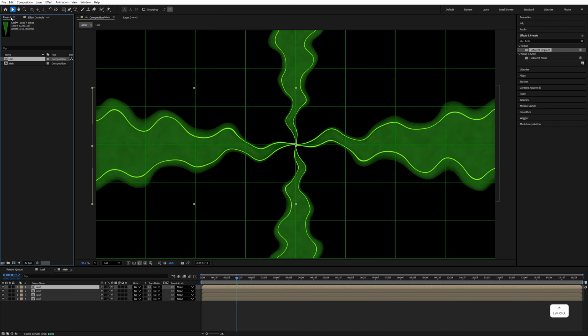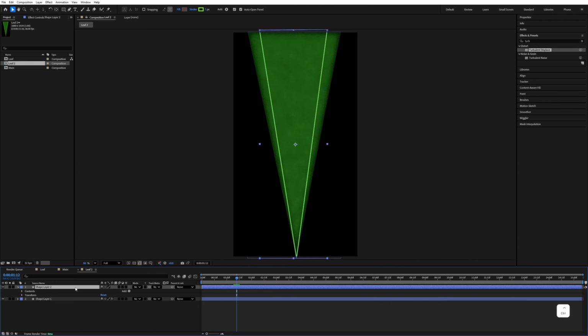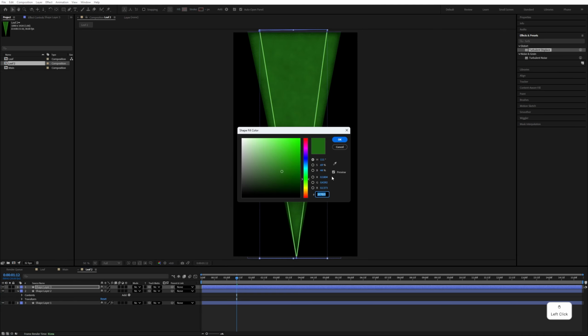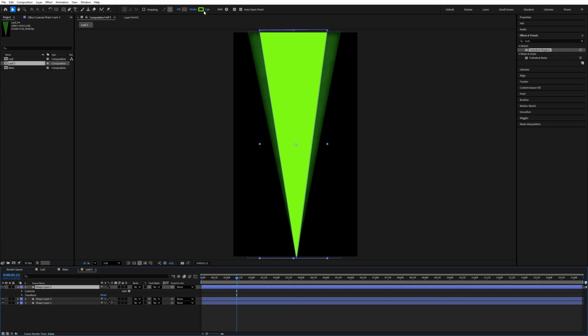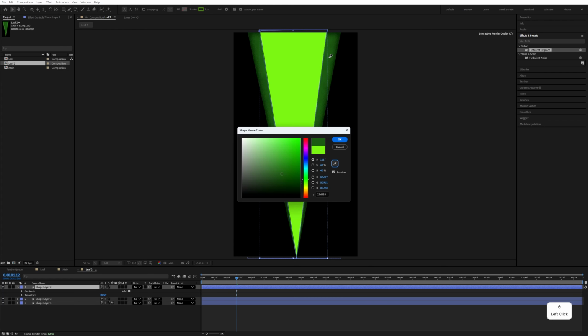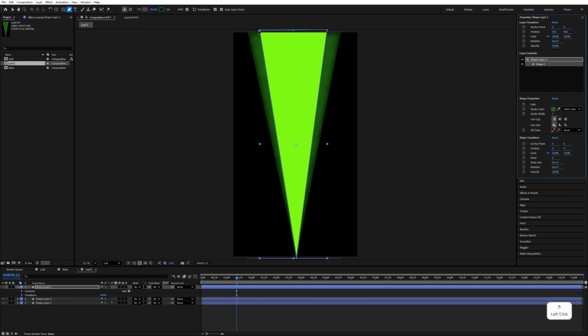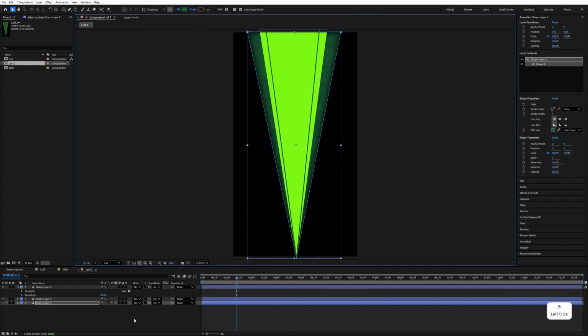After that, go to the project panel and select this leaf and press Control D to duplicate. Double click on it. Select this first stroke color, press Control D to duplicate and make the stroke none. Fill color, make it light green and move it under this layer and select this layer outline and change the color of this and I'm gonna make this darker green and hit OK and select this pen tool and move this path here and this one move it here. Select this last rectangle and change the color of this, so I'm gonna make this green